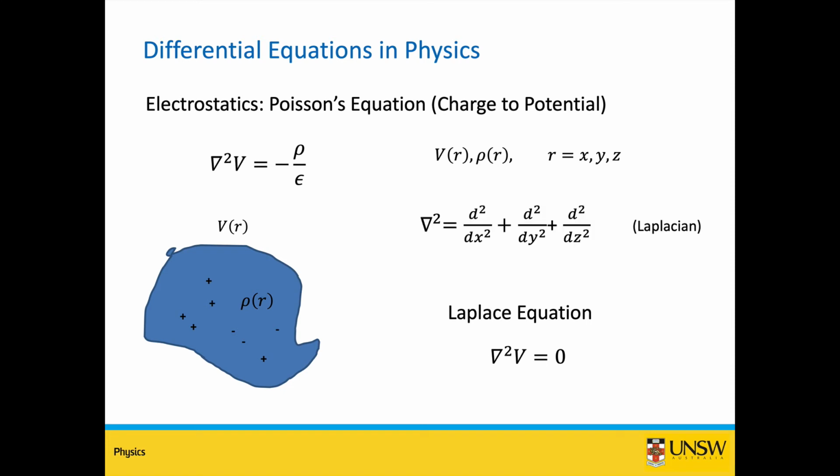And notice the del square operator here in this equation on the left hand side. So this del square operator is also called the Laplacian, and it is just the second derivative of the function with respect to each of the coordinates. So in 1D, this has the form, the second derivative of the potential with respect to x, for example. And one special case of the Poisson equation is the Laplace equation. This simply means that you set the charge density to 0, and so you just solve del square V equals 0.